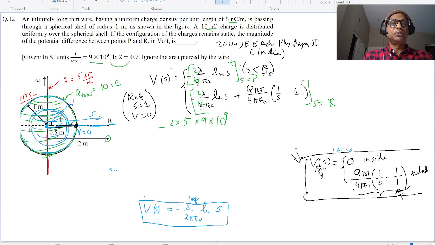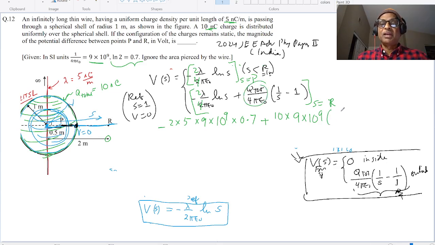So log 2 is going to be 0.7. Q total is 10 times 9 times 10 to the power 9 for all this stuff, times 1 over 2 minus 1,